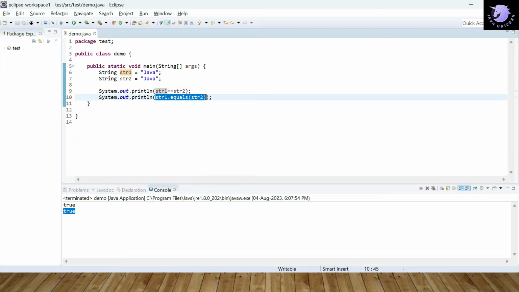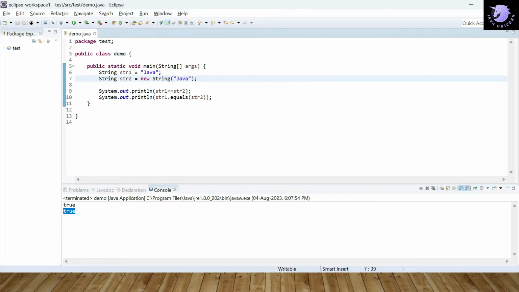Now let's modify this code with a new variation. Let's say str2 equals new String("Java").